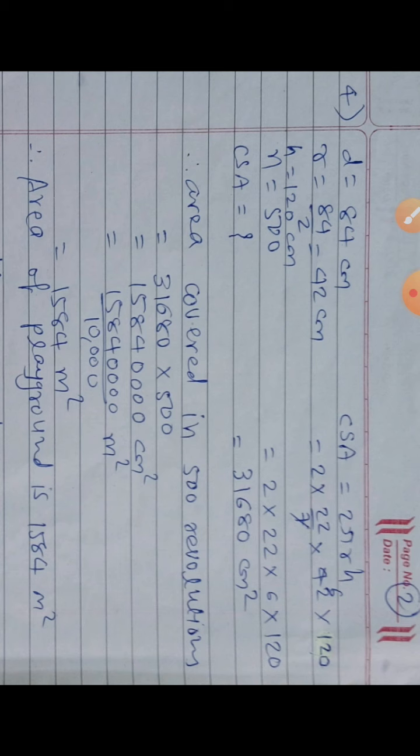So we got 31680 centimeter square. Okay, this is for one revolution. This is the area of ground covered in one revolution. So how much area is covered in 500 revolutions? Very simple. So multiply by 500. If it is multiplied by 500, we got 15840000 centimeter square, but